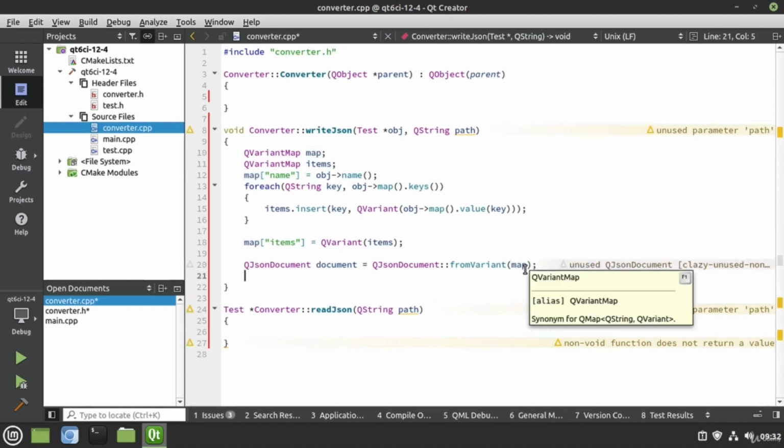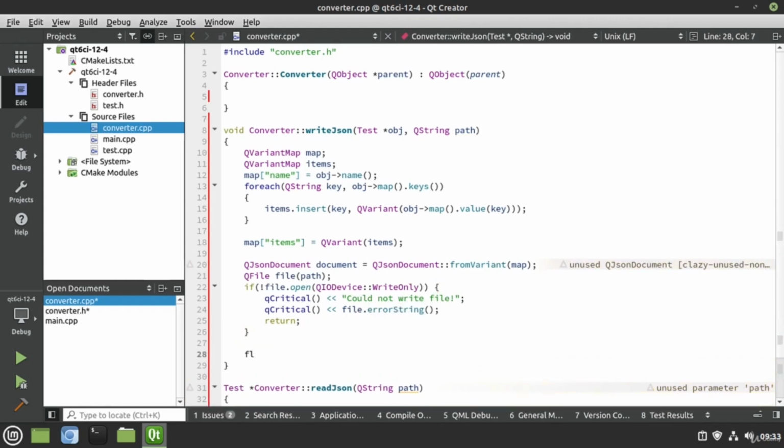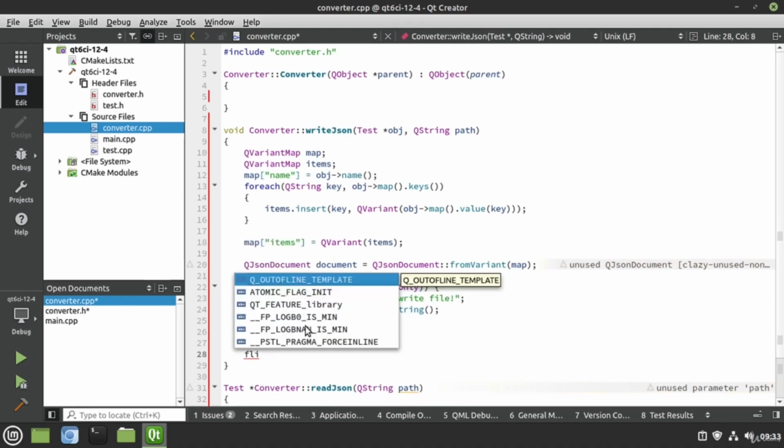Now, it's just very, very simple. We are just going to, you guessed it, create a QFile. And I'm going to copy and paste some stuff just to save a smidge of time. So we're going to say QFile on our path. We're going to open that in write only. Otherwise, we're going to say couldn't open the file, the reason why, and return out of here. Assuming we got to this point,